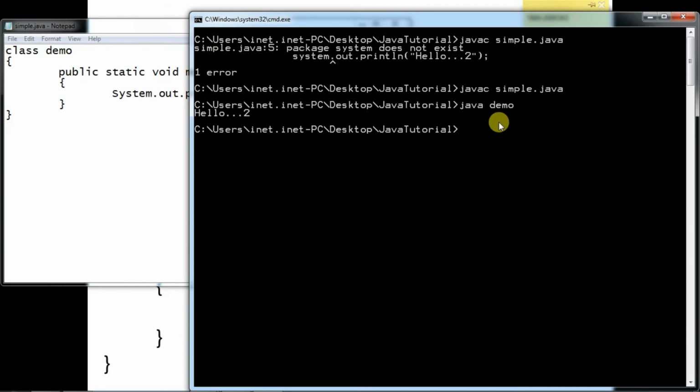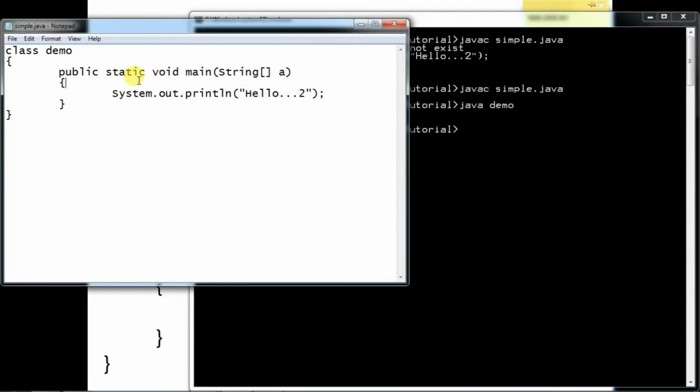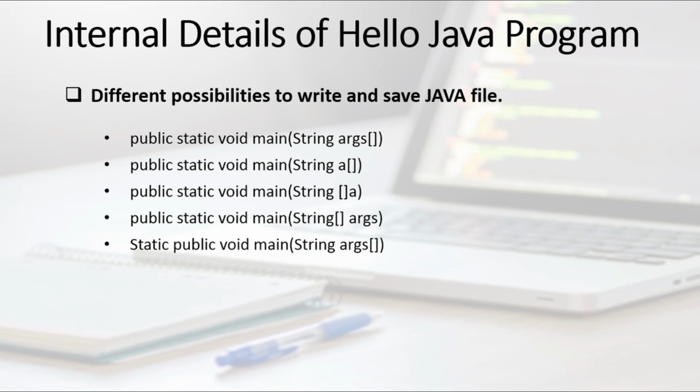It means in this tutorial we have seen that it is not compulsory for the name of the class and the name of the file to be the same. It is not compulsory to write a fixed line of public static void main String args; you can change some words also. We have also seen that String and System, both words are Java's predefined classes, which means the first character of String and System must be capital. Okay, these are the different possibilities to write this line.